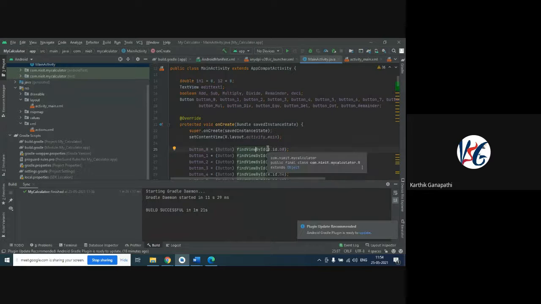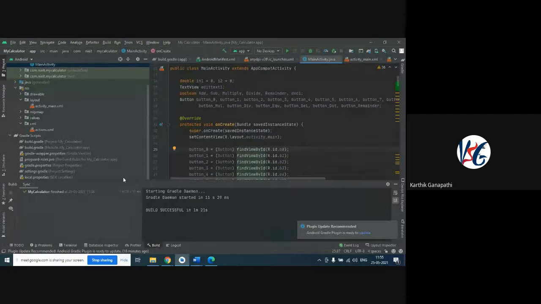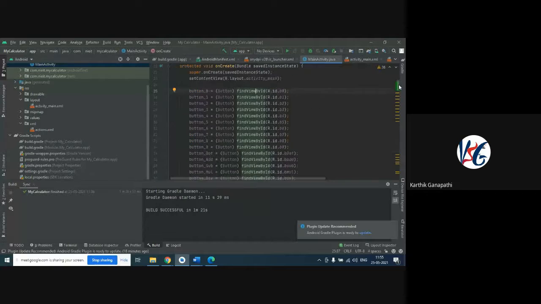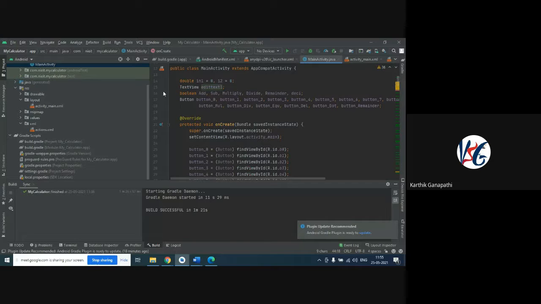So we are going to assign the value with findViewById, where the identity of this component is linked as R.id.b0. So this is the way. When we come to the edit text or text view option, edit text 1 is the component name. For example, instead of edit text 1, I can rename this to anything, or my name itself. I'll just add it as an example for you.